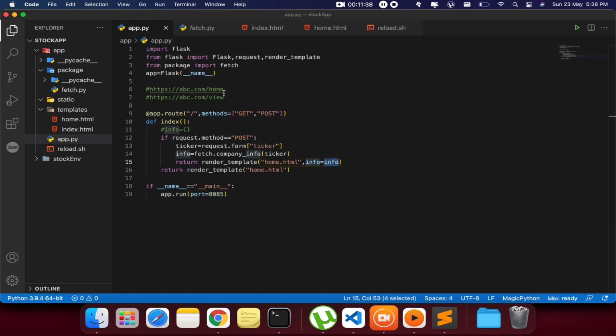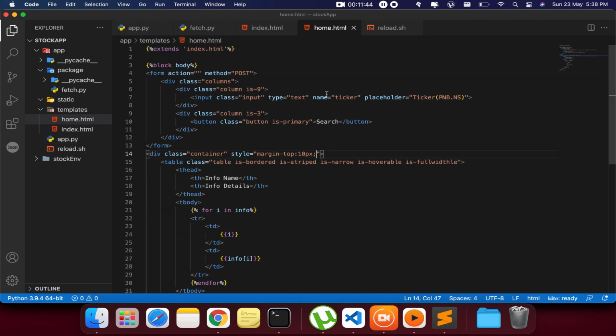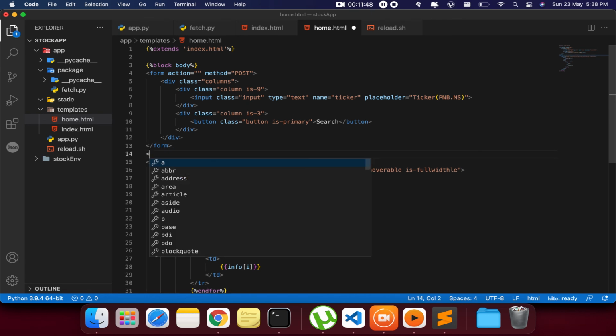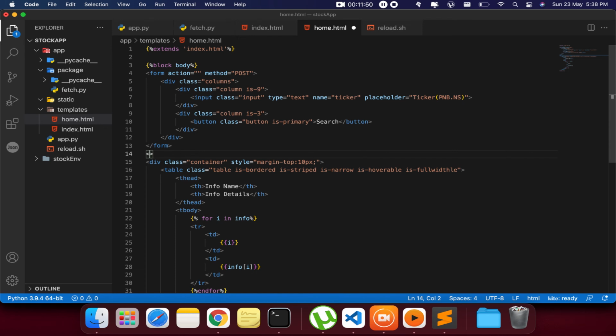And I will put one more thing in the home one. After the fetch, I will put one more div with class columns.